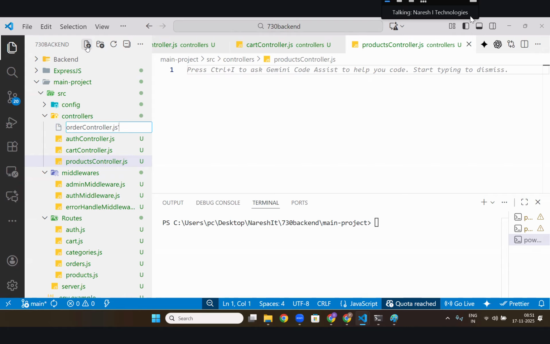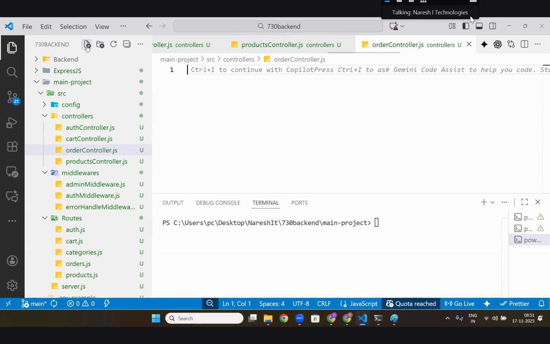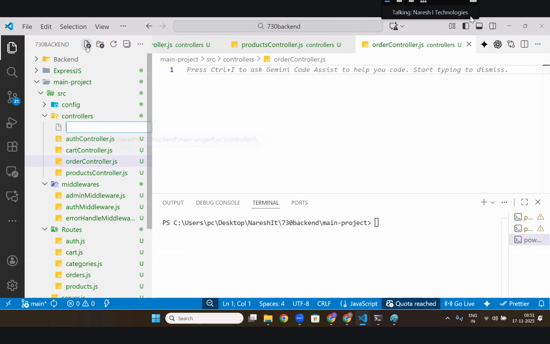For categories, I can put it directly in the products controller only. But I need another controller called payment controller.js. I can connect to any payment gateway.